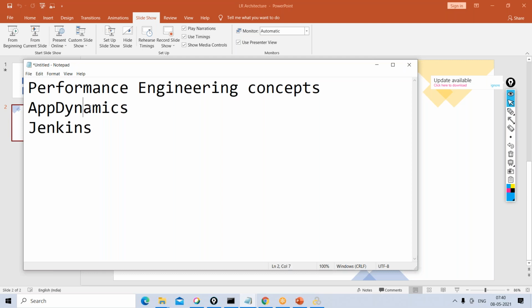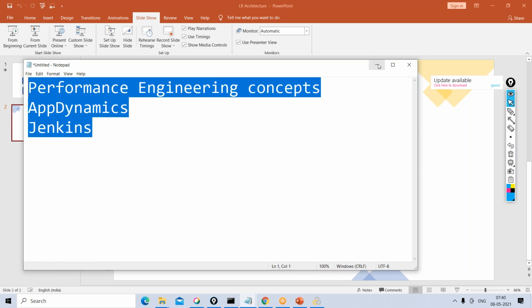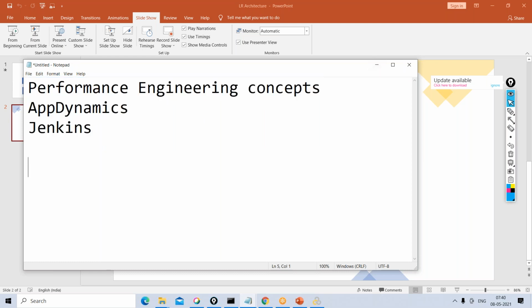So this is the course content along with the LoadRunner tool. These are the different topics that we'll cover, and the protocol which we will learn as part of our course is the Web HTTP/HTML protocol. LoadRunner supports multiple protocols, and most of the web applications, or in fact 90% of the web applications, use this Web HTTP/HTML protocol. If you use any application, generally you give HTTP or HTTPS, right? So whatever application is using the HTTP protocol, we have to use this.